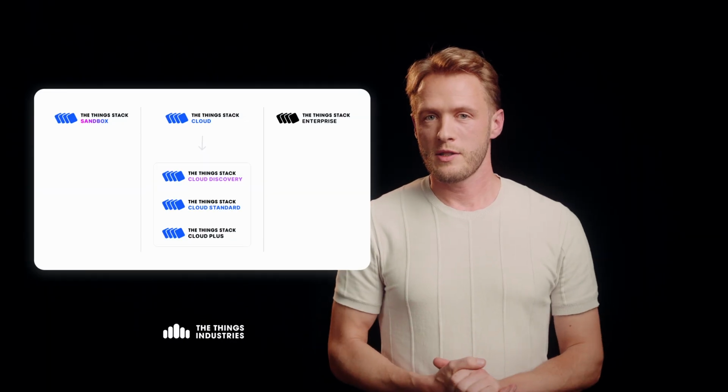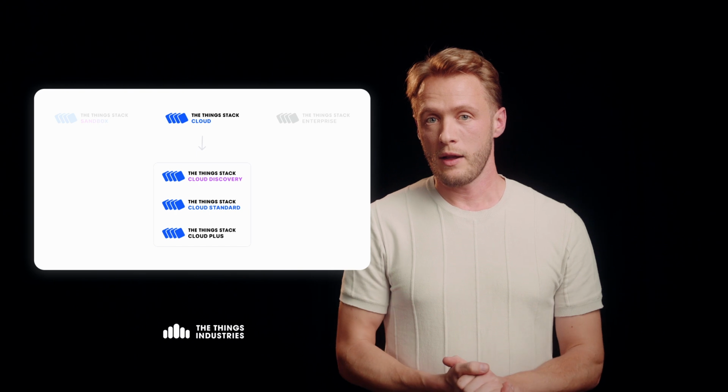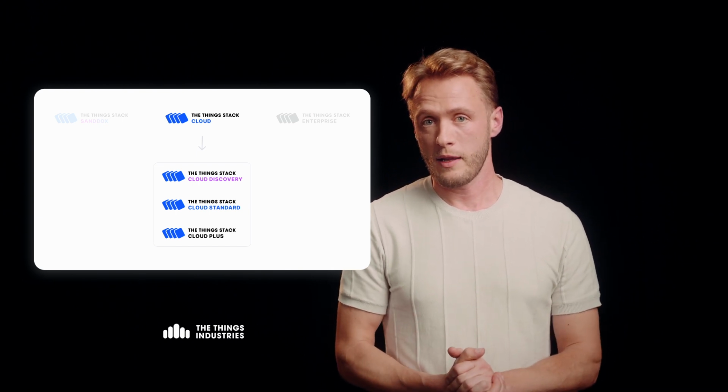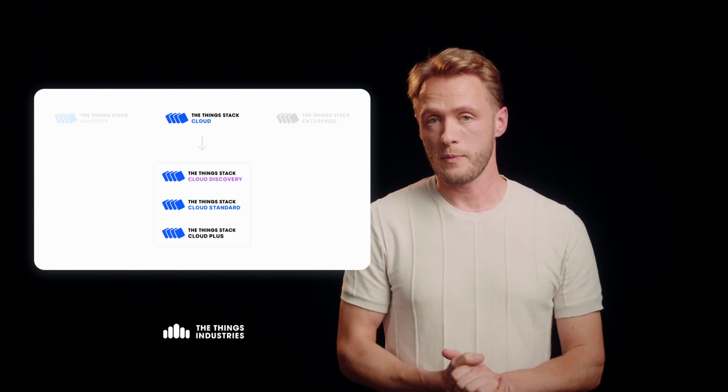The easiest way to get started with the Thing Stack is using our cloud distribution. It's fully managed, and to get started with it free of charge, you can start with our Discovery tier that allows you to use the features of the Thing Stack Cloud at a very small scale. Our cloud offering is then an elastic offering where you pay for the number of devices that you have in